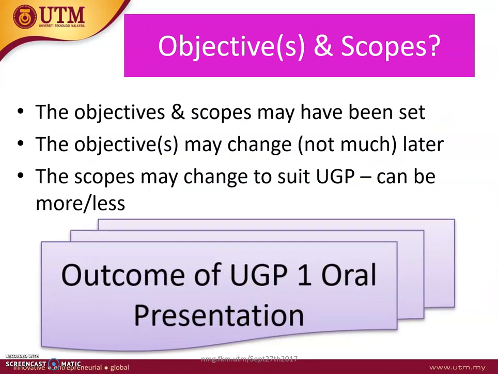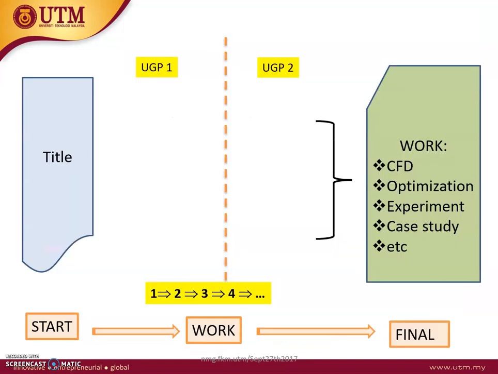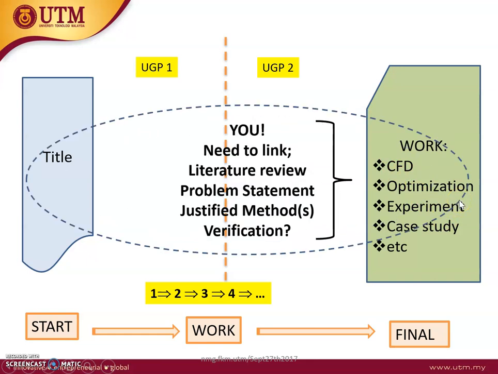Now, the objectives and scopes may have been set by your supervisor, but they may change, though not much, later, and may change to suit the UGP as you progress into your project. Now, in the beginning, you have your title given by your supervisor, and at the end of UGP 2, you have to come up with the work, with the report. Yes, so it's your responsibility to link, from literature review, problem statement, justified methods, applied methods, the results discussion,